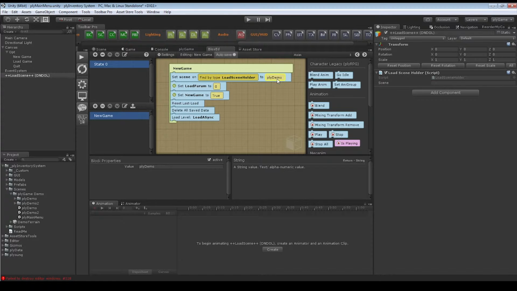Now what this does is going to be in the next scene that we go to, right? So when we set this variable called scene to apply demo, we basically are telling it, okay, we want to load this scene. So when I press new game, I want to load this scene. Okay. Now if you're using